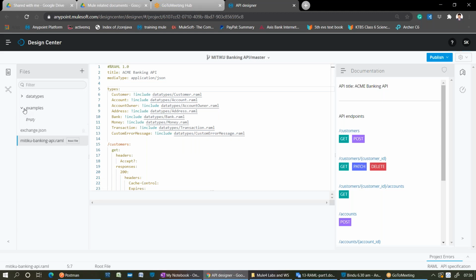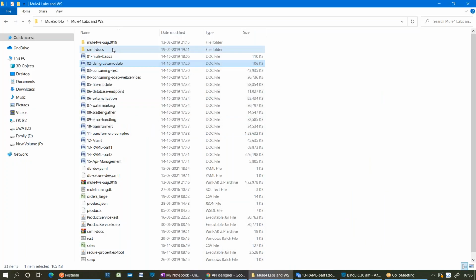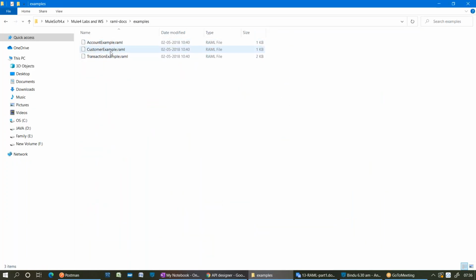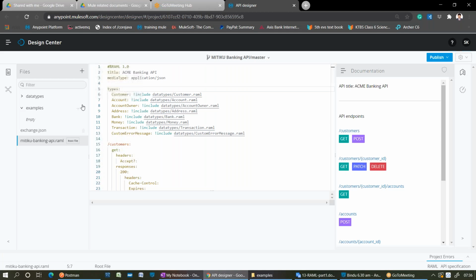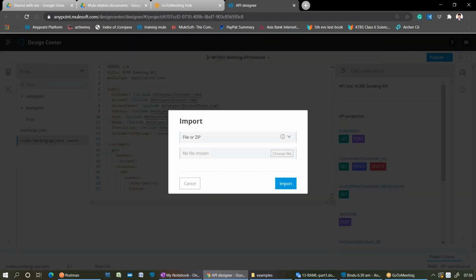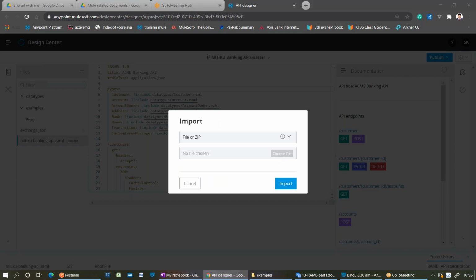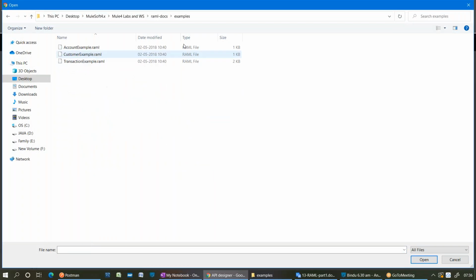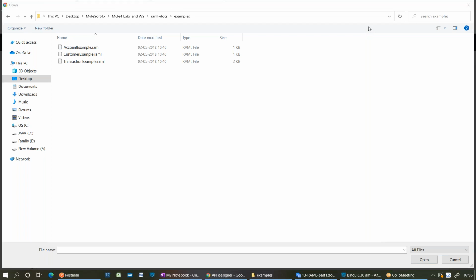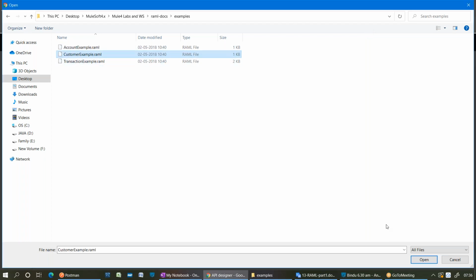This examples folder is empty right now. I have already prepared the examples by initializing some data. These are the examples I have: account, customer, and transaction. Let me import them and then explain. How to import? You need to tell me now. You know already. Right click? No, not right click. There are three dots. Click on that and choose import. Select a file from examples. See, I have not zipped these files. We can import individual files also. Customer example,